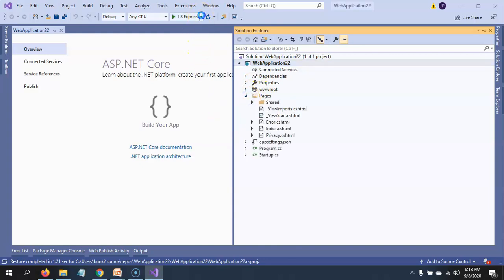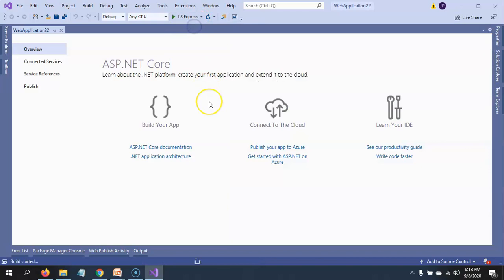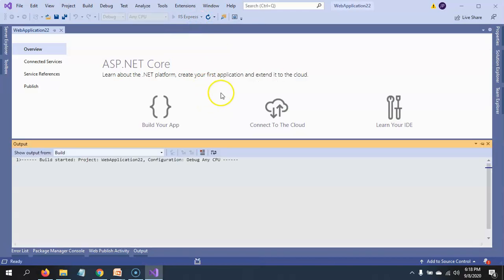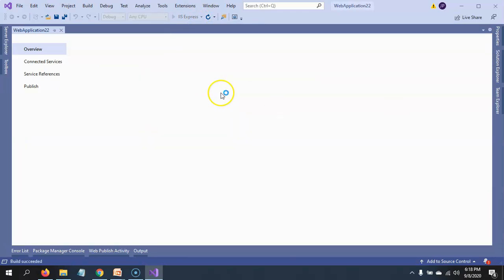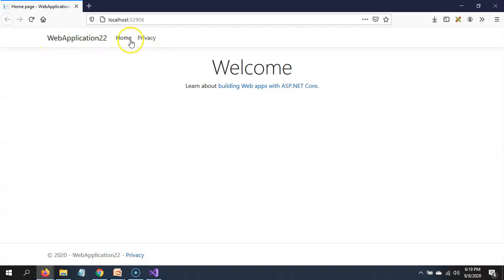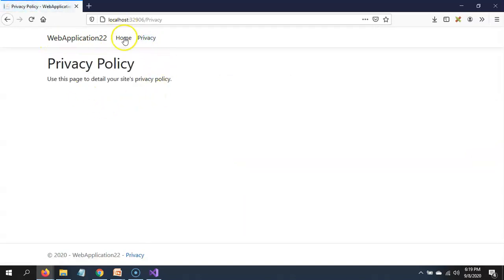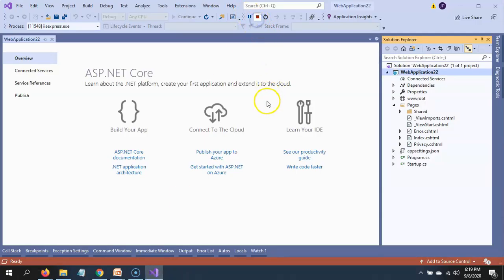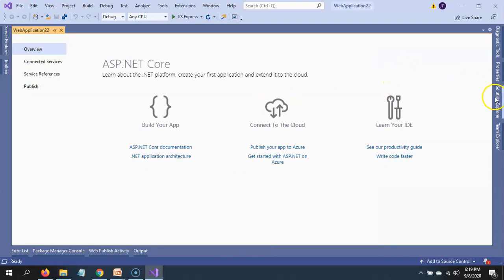Now let's run it so we can see. Okay, our application is running in localhost. So now let's publish.